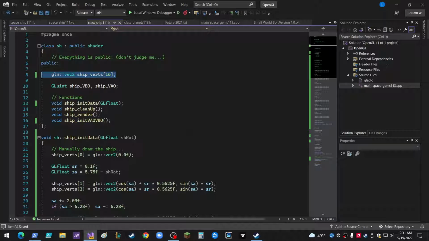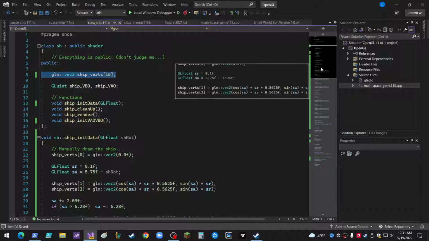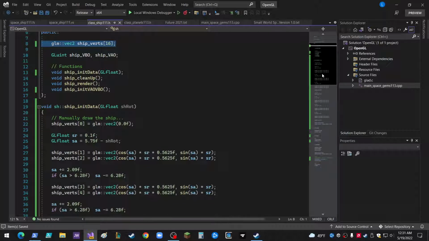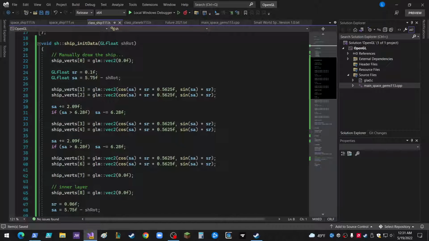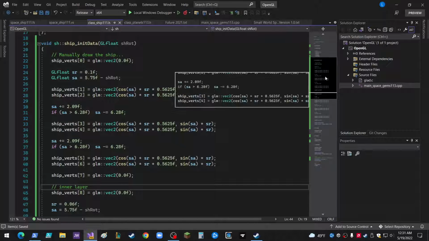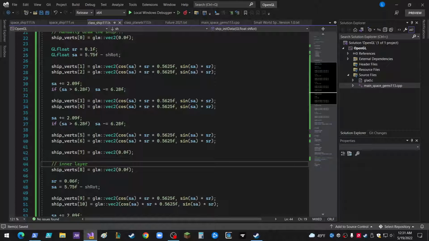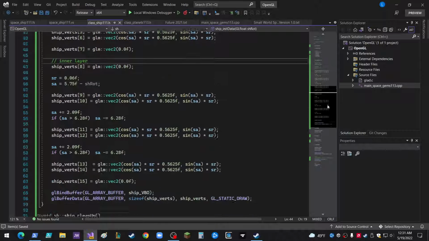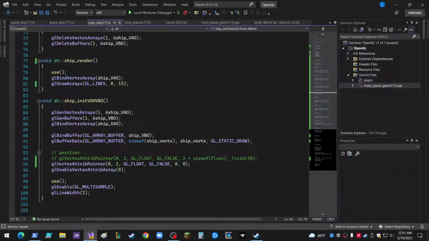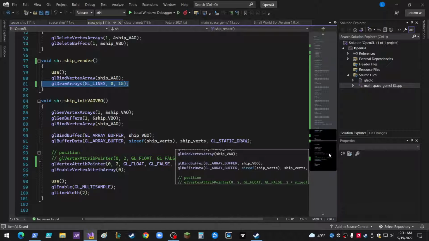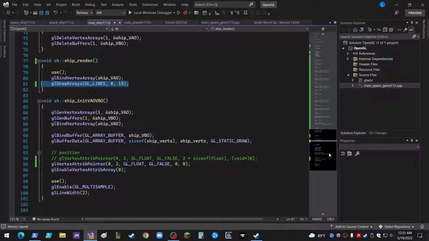So I've got 16 vertices because I'm drawing two versions of the ship, one inside the other. I just thought that was cool. And then, so here's the initialization function, manually draws the ship, and then here's the inner layer, okay? And I'm still avoiding the loops because I don't trust Visual Studio, but I could probably troubleshoot that now. But so then we just draw the lines, and we draw 0, and then we draw 15, and then this